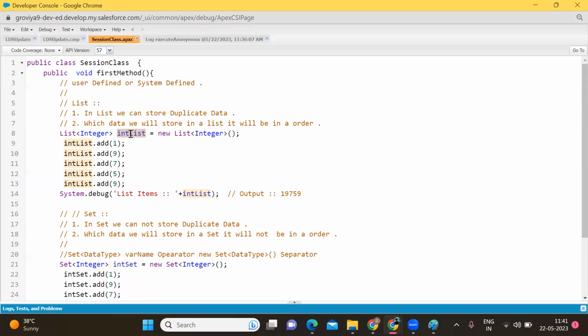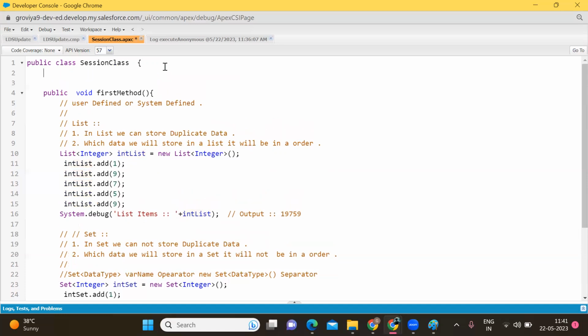ठीक है, किसी एक लिस्ट को हमें विजुअल फोर्स पेज में, मतलब कि क्लाइंट को डिस्प्ले कराना है। कैसे डिस्प्ले कराएंगे? इसको डिस्प्ले कराएं, नंबर को, जो भी है। Public list of integer. पब्लिक लिस्ट ऑफ इंटीजर, इंट लिस्ट। Int list. ठीक है। गेट सेट।